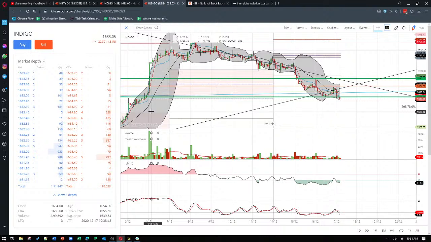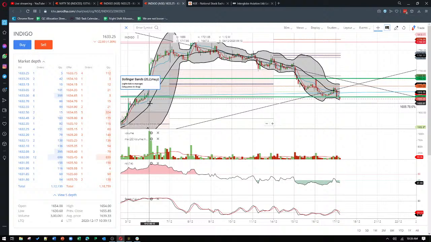Looking at the history, that was a resistance earlier, a very small resistance, not very huge, but that is a price area where the stock started going up from. So this is another very much of a testing place,